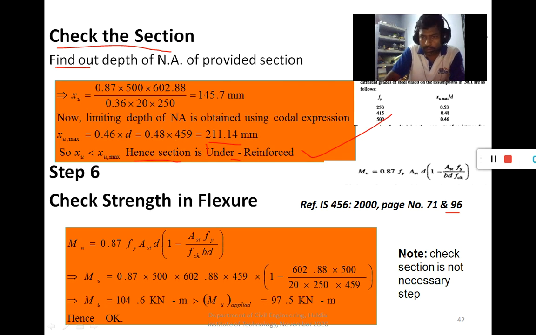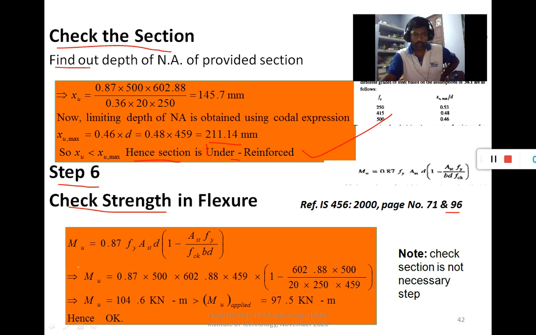So this note here: the check section is not a necessary step. In step 6 we find out the strength. Using the section we provide and the steel we use, we calculate the moment resistance.